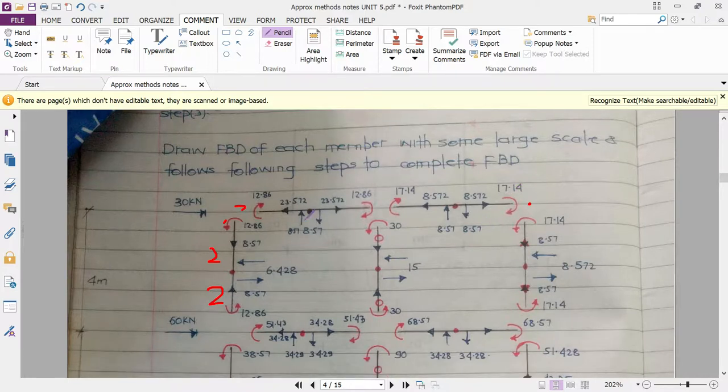Okay, now transfer this 8.57 here, then 8.57 here, and then 8.57 downward, 8.57 upward. What will be the net value? That will be equal to 0. This shear, whatever the vertical reactions will be formed at the center, has to be transferred to the column in the form of an axial force. So 8.57 moving in upward direction, so we have to apply to the respective column as an axial force in opposite direction. So it will be 8.57.